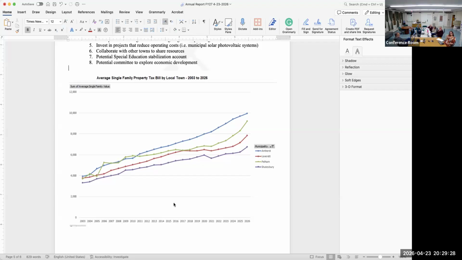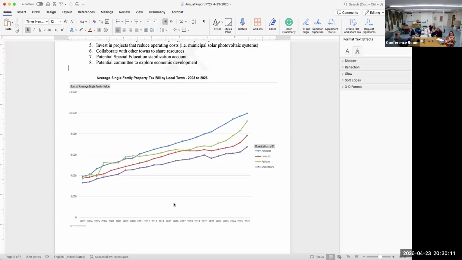Right. And you could actually probably even go back to like two thousand, but like all of the years on this one, just to make it more clear. Do we need to go all the way back to 2003? I can definitely recreate this with fewer years. The only thing I like about seeing those earlier years is that with the exception of Pelham, there is a steady increase that feels like, okay, these were more predictable times. And then all of a sudden in the last two to three years,